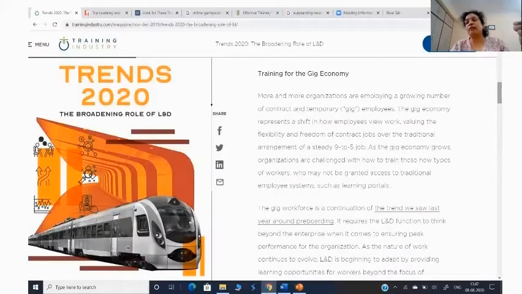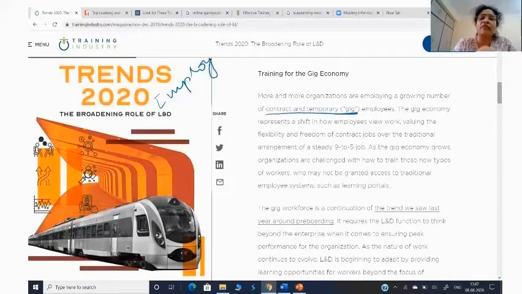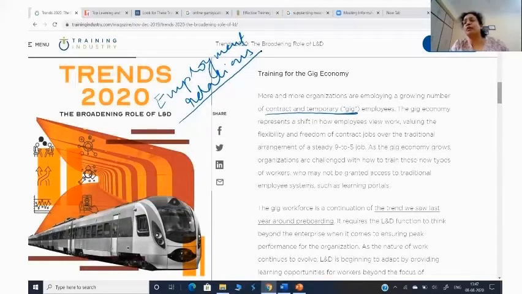The first trend observed nowadays in organizations is the hiring of contract or temporary employees. Now in your paper on industrial relations, when we talk of industrial relations or employment relations, you will see the framework of employment relations has changed a lot. Remember, earlier we used to talk more about the permanent nature of the job. Nowadays organizations hire more contract or temporary employees, referred to as gig employees.